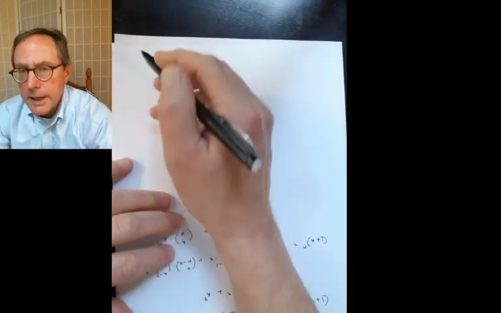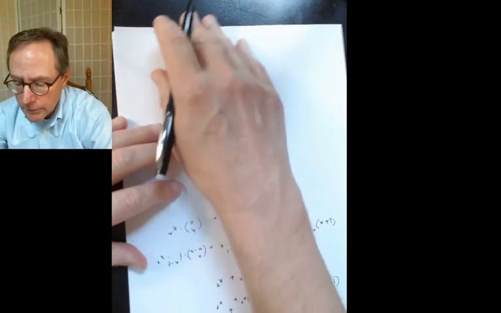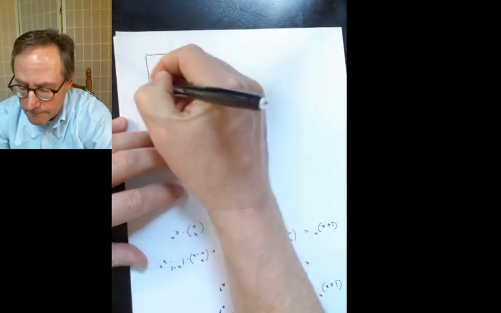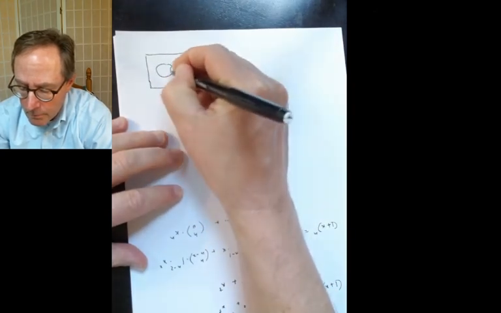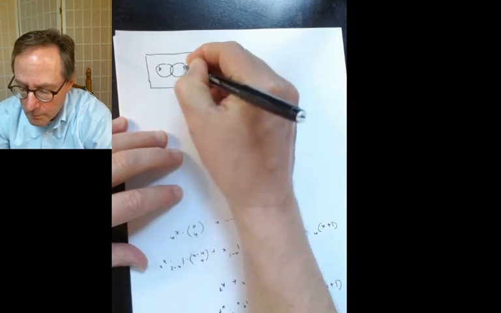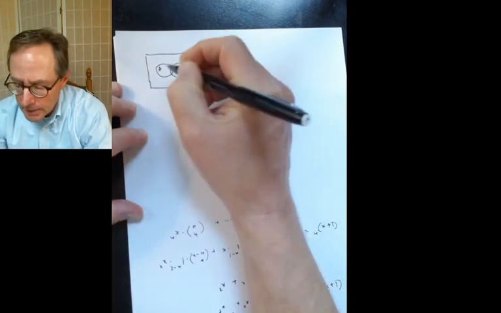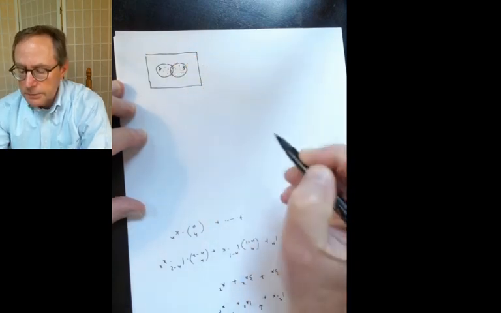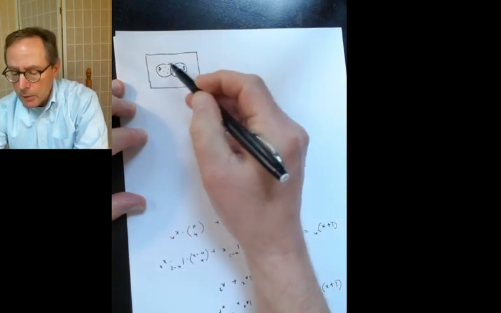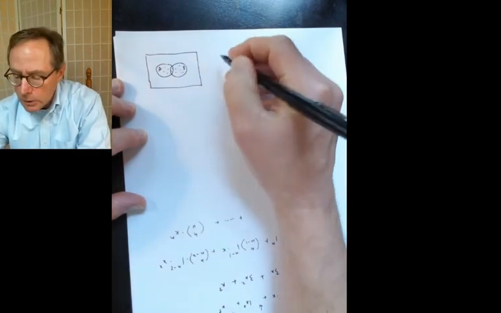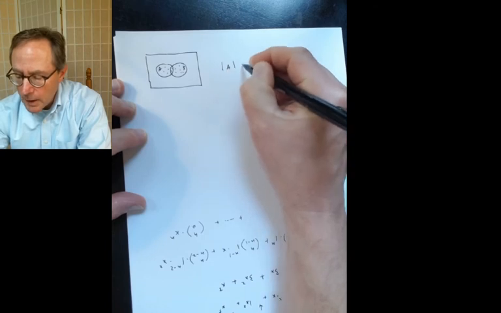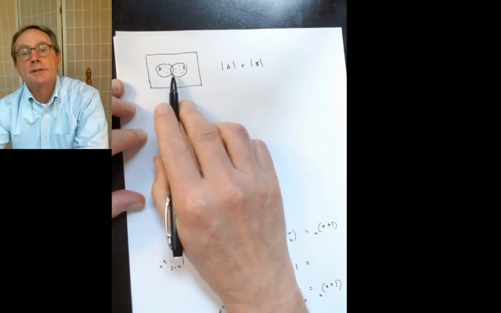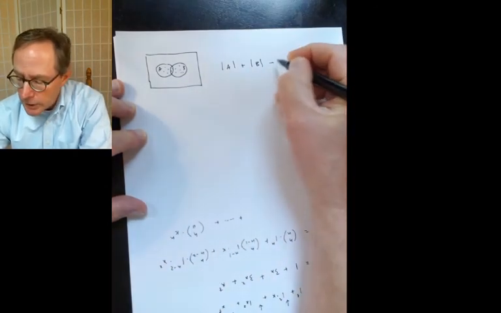So let me get my piece of paper back. Just flip that one upside down, and here we go. I'm looking at the size of A union B, and if you imagine that A and B have some elements in them, looks like they have the measles. If you wanted to count the total number of elements, you would of course count the number of elements in A plus the number of elements in B. But wait a minute, you've counted the overlap twice. You made a mistake and counted the overlap twice. So you need to subtract away